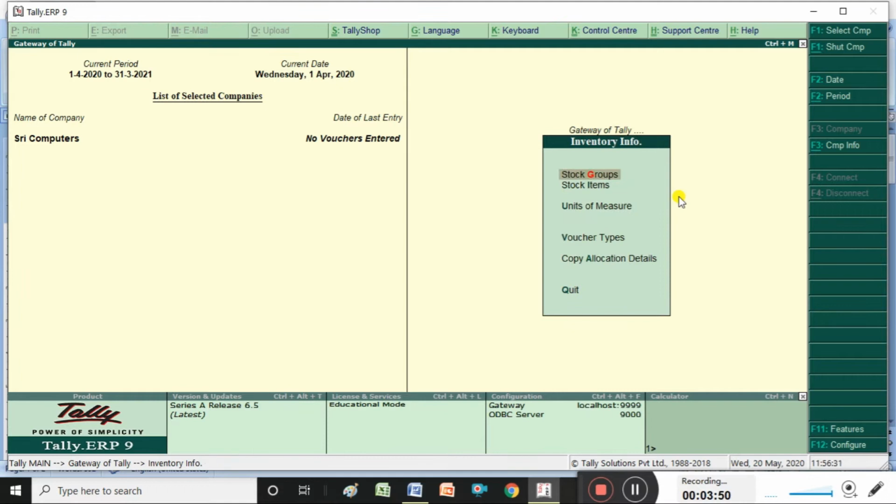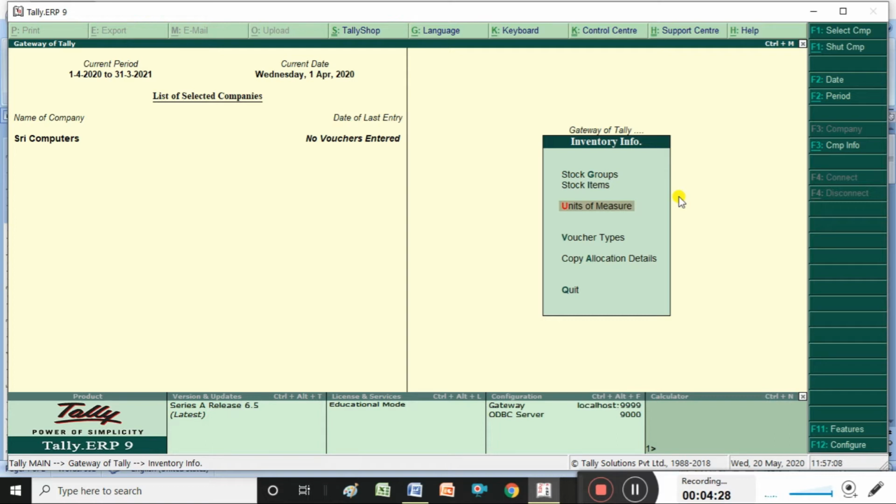So next, what is units of measurement? Units of measurement means how we are measuring the stock. Depending on the item, we select the units of measurement. Suppose rice, dal, sugar, all these we are selling and purchasing on the basis of kgs, grams, tons, bags, numbers, liters, pieces, boxes. All these are called units of measurement. Units of measurement we compulsorily want to create, depending on the stock items.